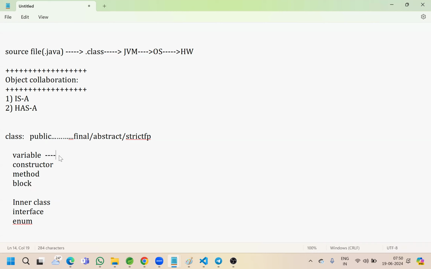So under the variable we defined our data. Data will be of two types. One is primitive, another one is reference or non-primitive. So under the variable, we will define our data. It could be primitive or non-primitive, and with the help of constructor, we can